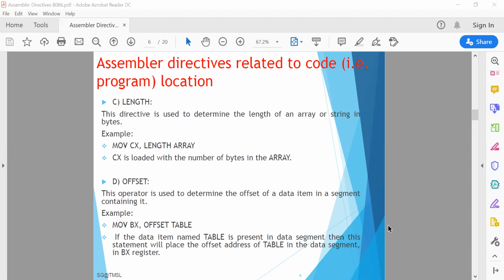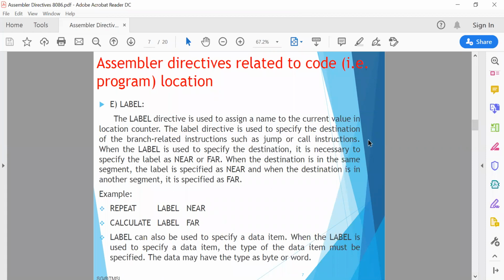So that is the function of the OFFSET directive. And the next directive is called LABEL.